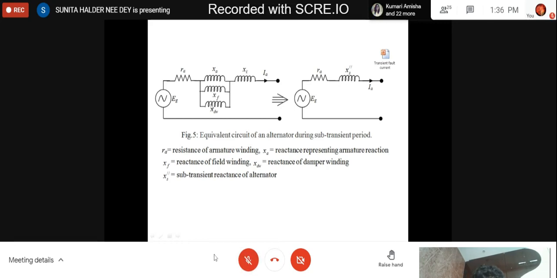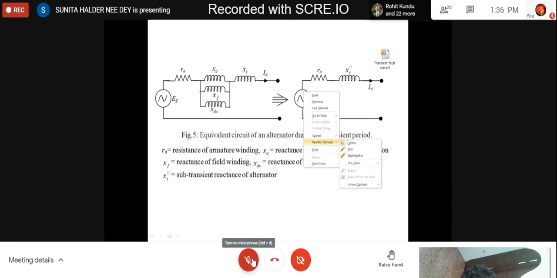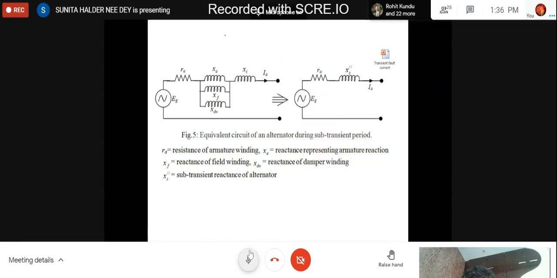But you must remember that the position of this field winding is in the rotor of the alternator. This damper winding is also positioned in the rotor, but in a different position than the main armature winding. So these three windings are not electrically connected, but they are mutual. They are affecting each other in this way. Similar to that, I think you can understand. There is some mutual circuit. This is the approximation. We are putting it in parallel so that I can explain.